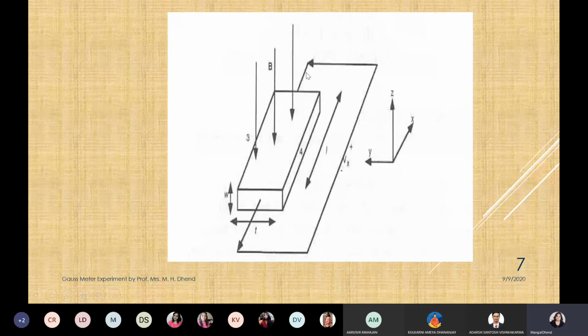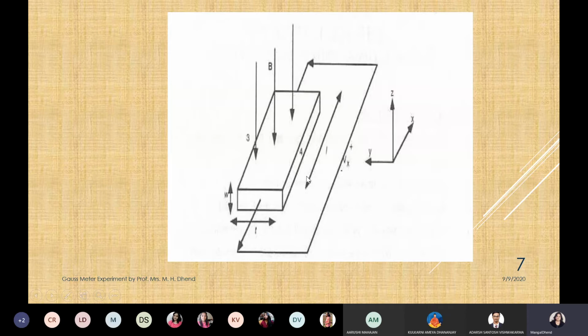And these 2 wires will be connected to the voltmeter. On that voltage generator, you will see the voltage indication. You vary this flux density, the voltage generated will vary. You vary this current, you will see the generated VH vary. Okay, you vary the direction, you will also see variation. So that is the experiment.